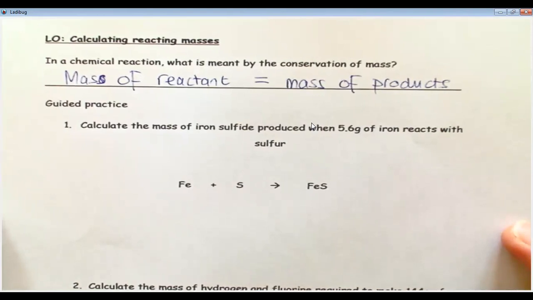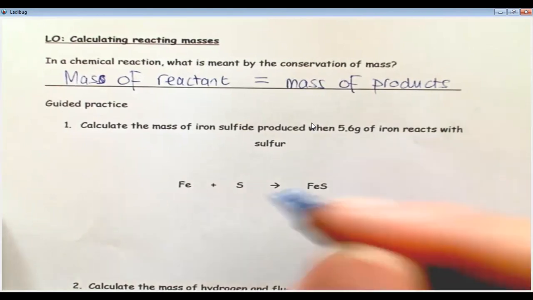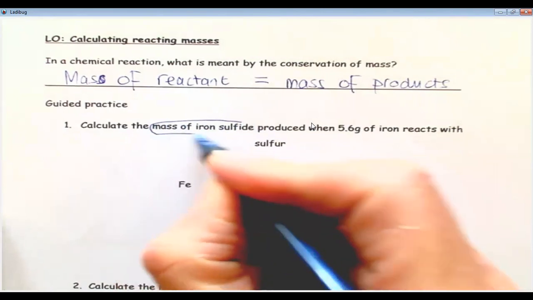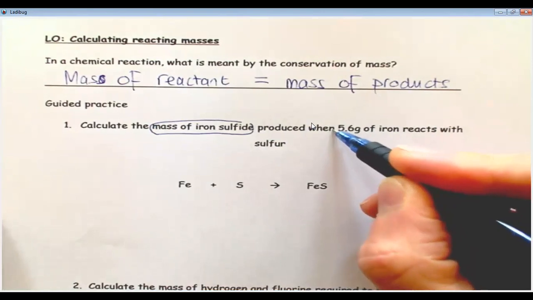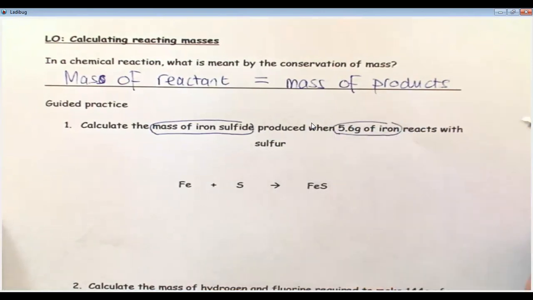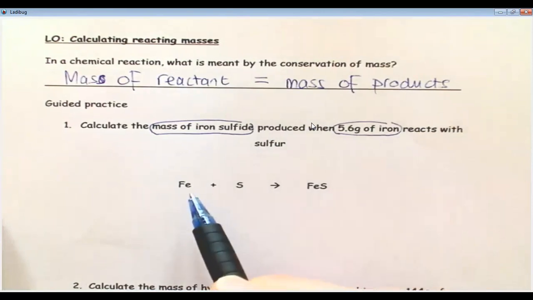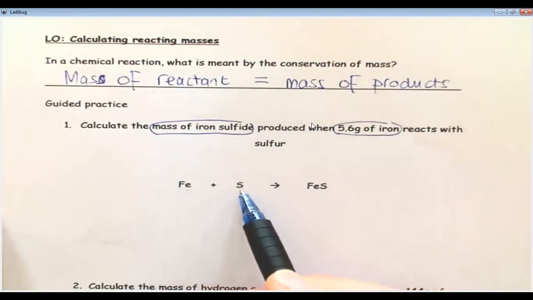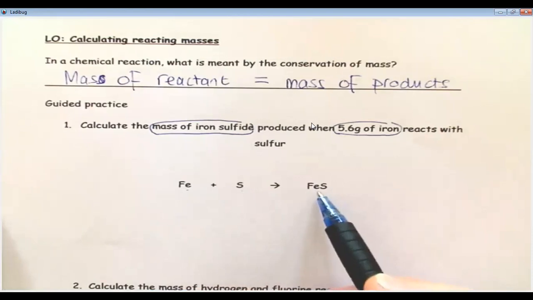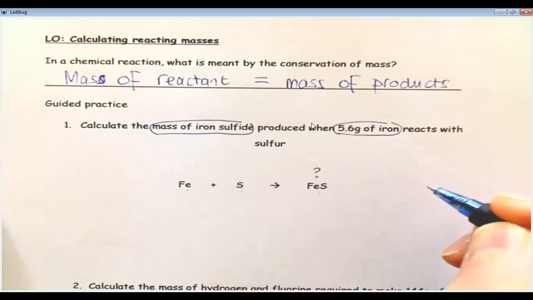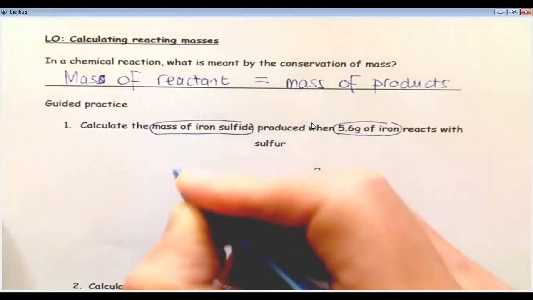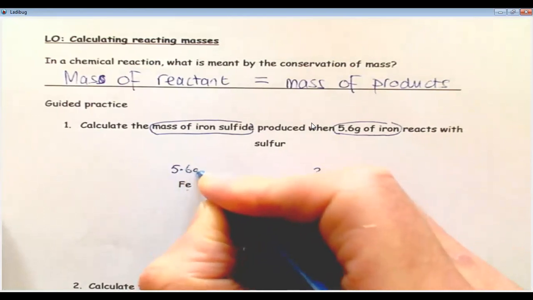Question 1 says, calculate the mass of iron sulfide. Just going to circle that. Produced when 5.6 grams of iron reacts with sulfur. And then I've got an equation underneath, Fe plus S, that's iron, that's sulfur. This is iron sulfide. So I'm just going to annotate this with what it's told us in the question. It says, calculate the mass of iron sulfide. So that's the question. It's produced when 5.6 grams of iron, so 5.6 grams of iron